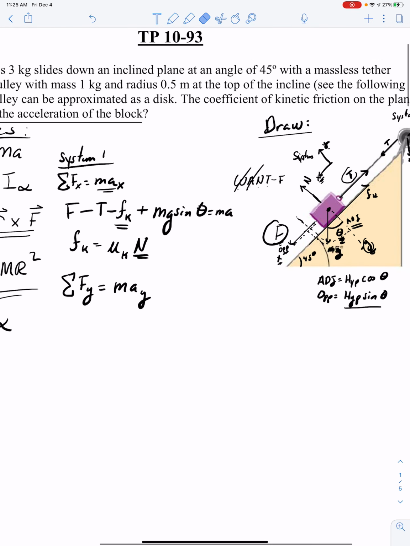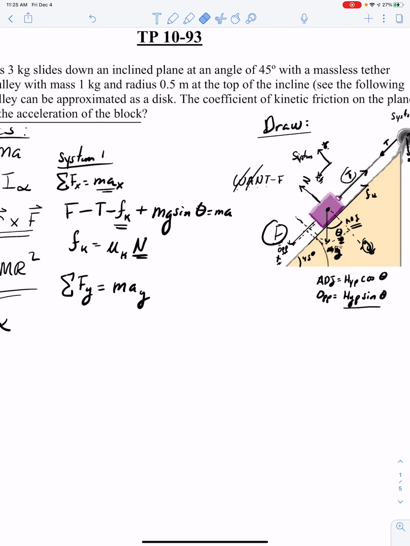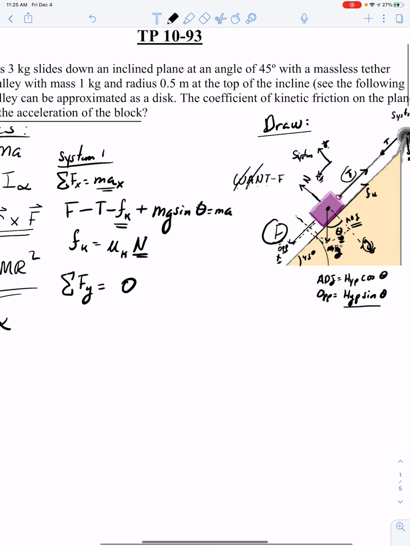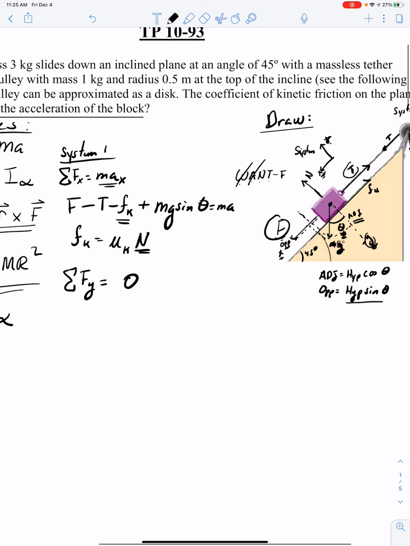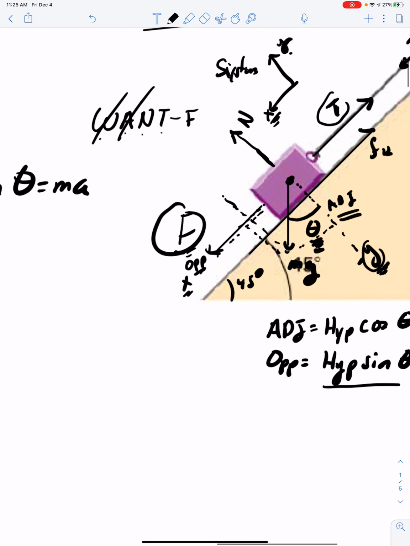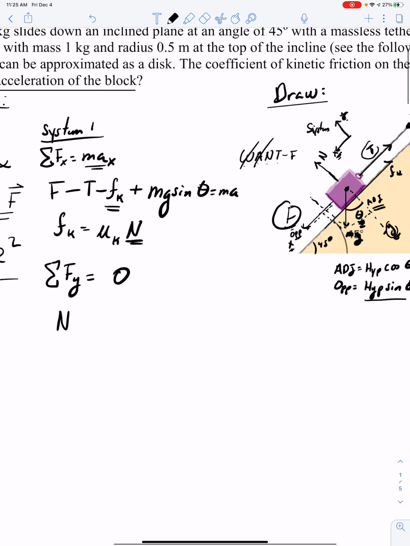Then we write down that mass times acceleration is actually 0. When identifying the forces in the x and the y direction, we write down normal force, because normal force is completely parallel to the y direction, minus mg